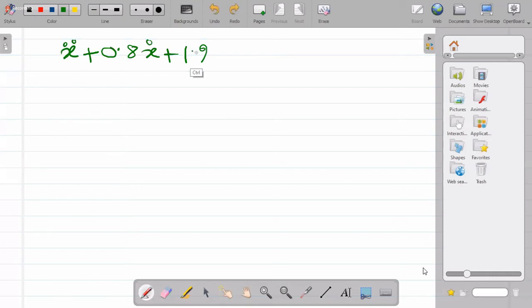Pardon me for my poor handwriting. 1.9x equal to 0.95 u. That was the equation that was given, and you were asked to solve for x from this equation. Now, if you take the Laplace transform of this equation with u as your input and x as your output, so your final transfer function,